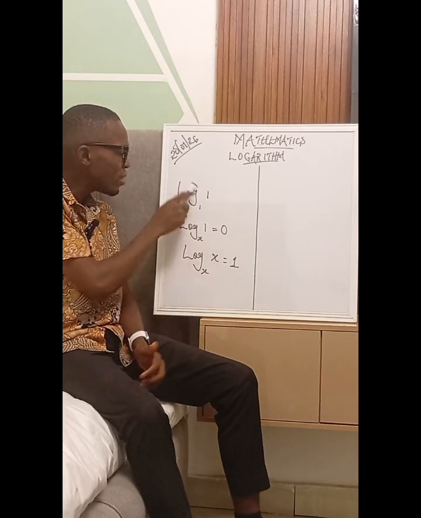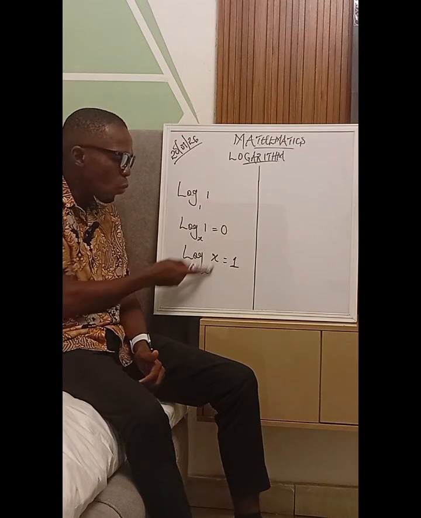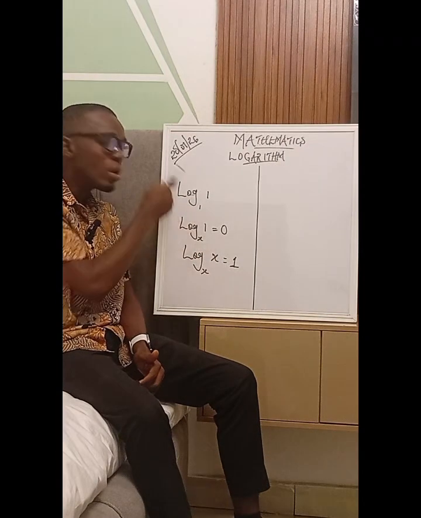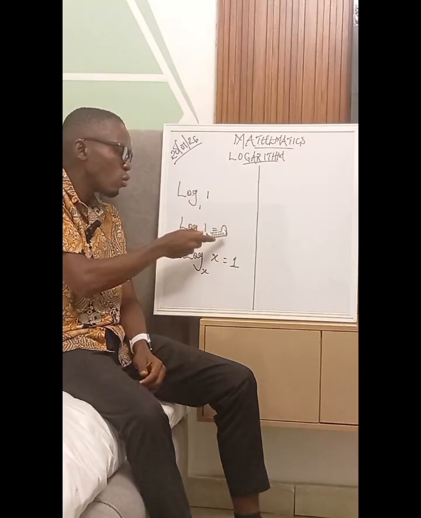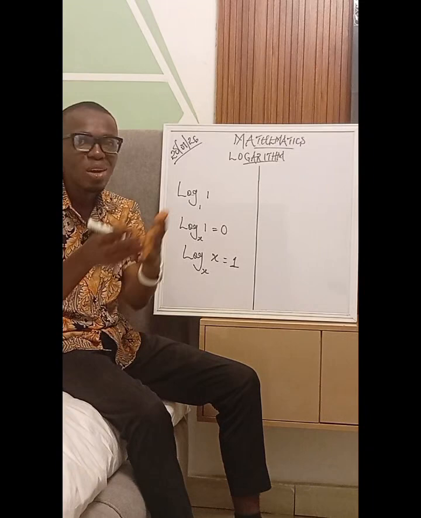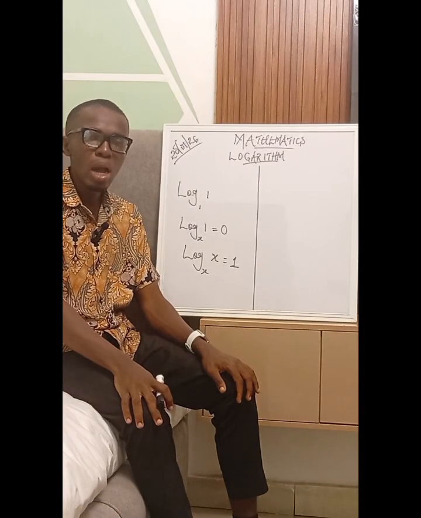So the log and the base are equal now, so the answer should be 1. Or we could have said that this is log 1 base x, so this is a log of 1, so it should have been 0. So it now looks like they are contradicting, right? However,